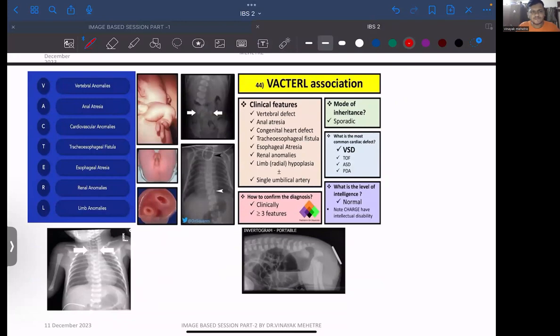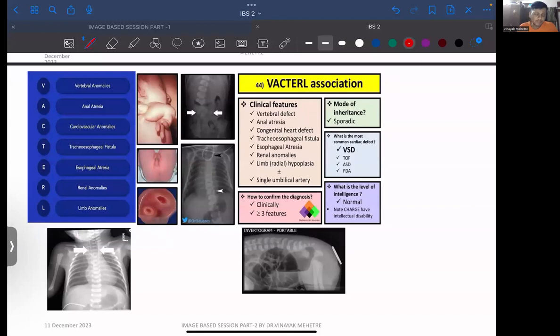Your examiner's favorite question. I think three attempts, everything has been asked till now. VACTERL syndrome. What do we have in VACTERL? We have vertebral anomalies, anal atresia,